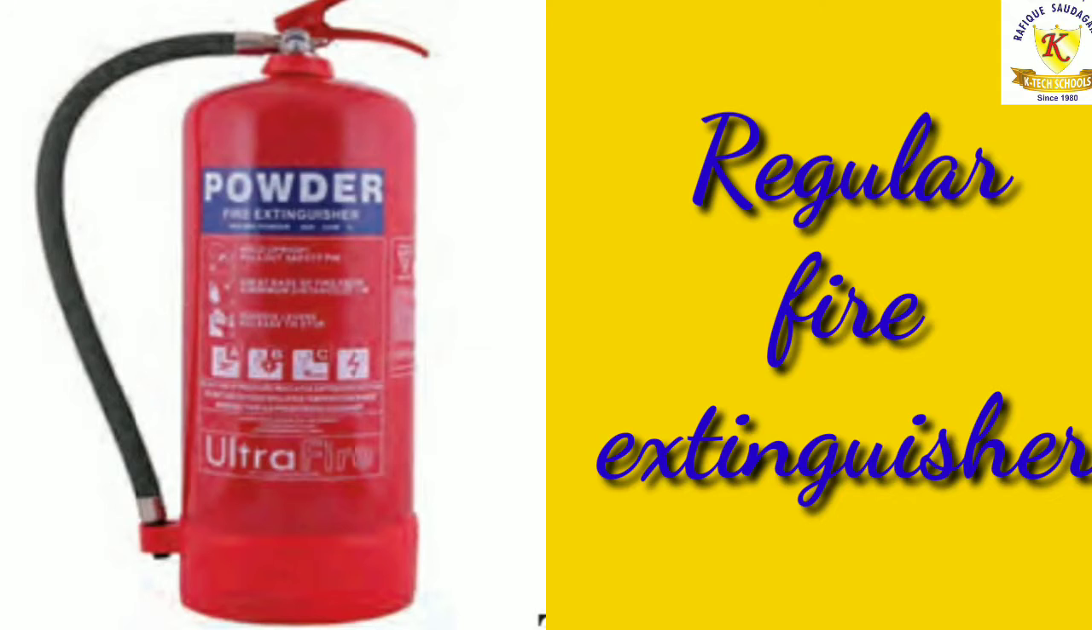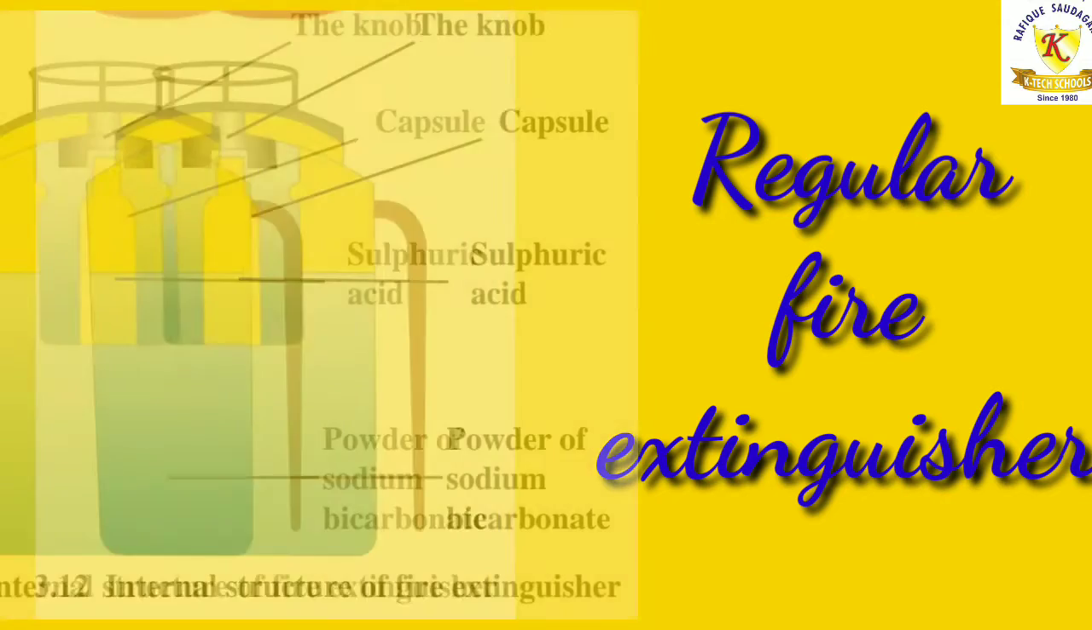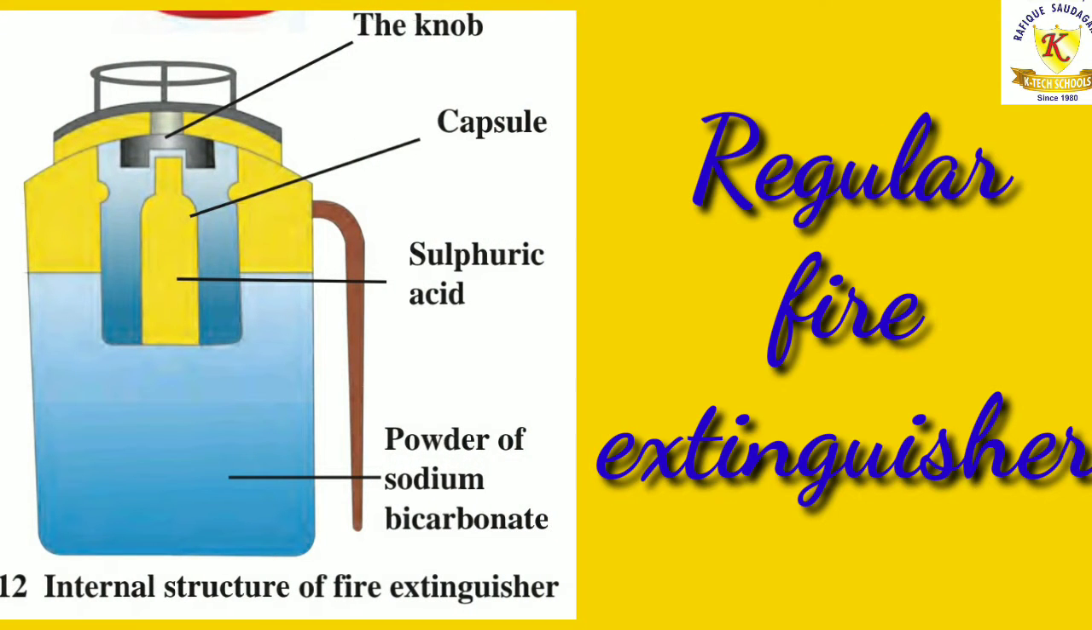Regular fire extinguisher. A fire extinguisher contains sodium bicarbonate powder. There is also dilute sulfuric acid placed in a gas capsule. The capsule breaks on pressing the knob. The sulfuric acid comes in contact with the sodium bicarbonate and the two react chemically to release carbon dioxide, which